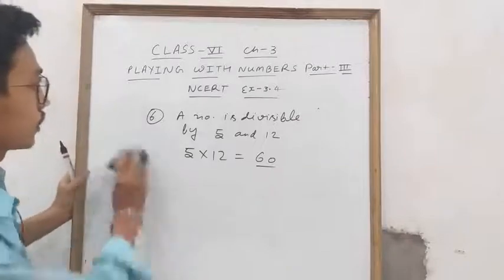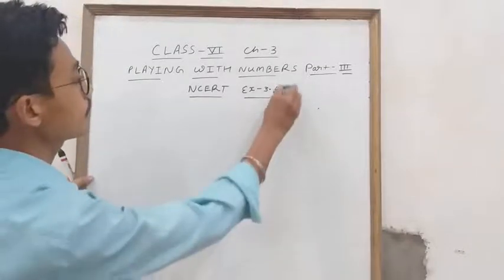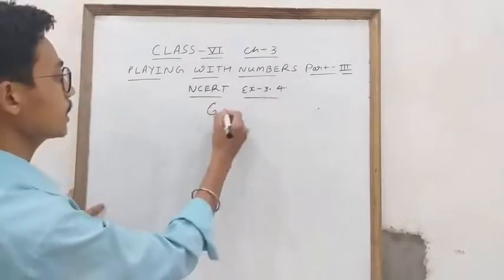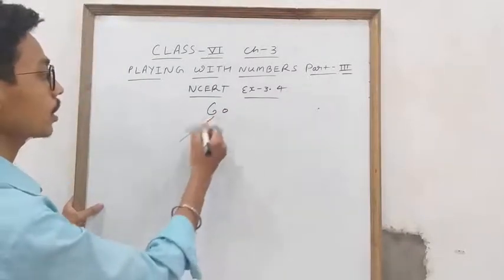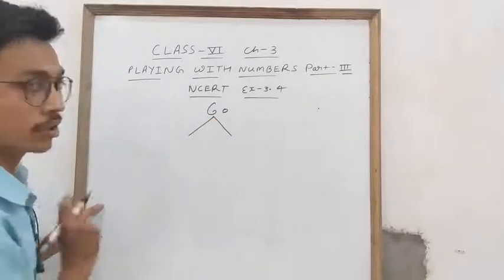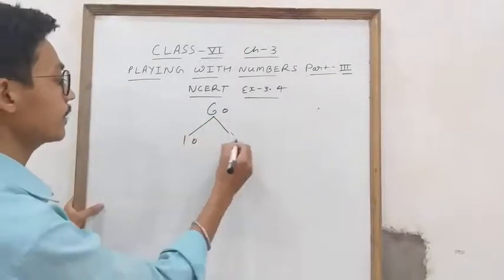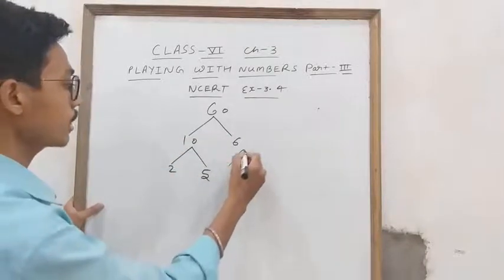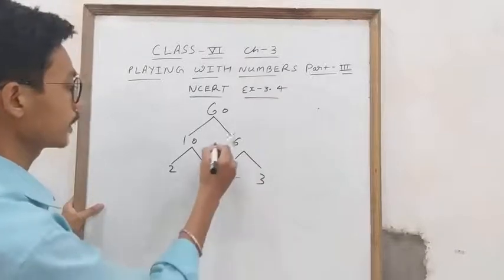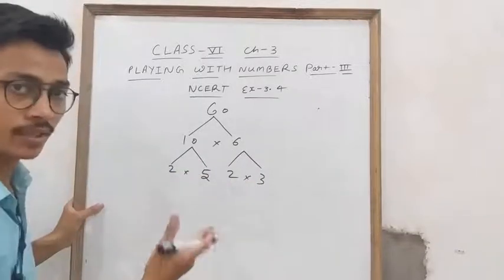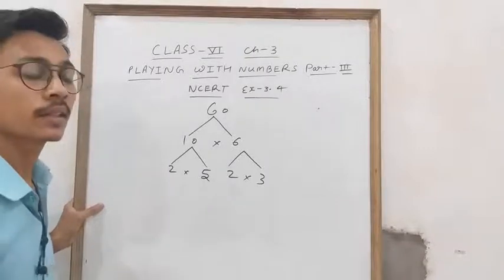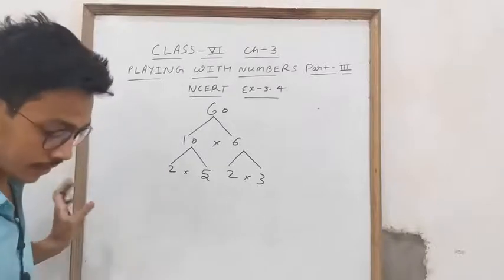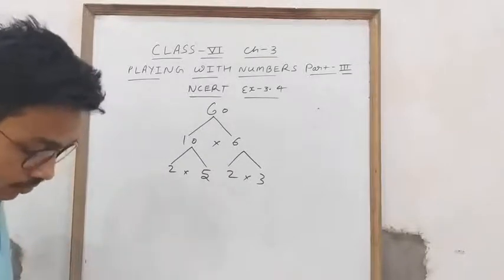Now next is exercise 3.5, true false, and some tree questions are given, which I explained like in exercise 3.4. For example, 60 is given, so you have to do the tree method. You can write 10 multiplied by 6. Of 10, you can write 2 multiplied by 5, and of 6, 2 multiplied by 3. This method is given in your book, due to this I explained. But if it is written to use prime factorization or the division method, you have to use that method. Clear student?